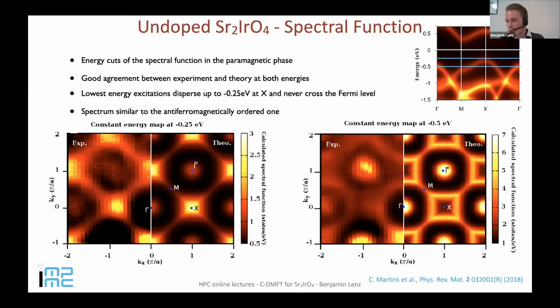You can see that overall we capture really nicely the spectral function. You see slight deviations when it comes to the difference between the first and second Brillouin zone. This is exactly the difference of including or not including matrix element effects in the calculation. But apart from that, we have nearly perfect agreement between theory and experiment. Here, I would like to point out that these are actually measurements done at room temperature and calculations done for